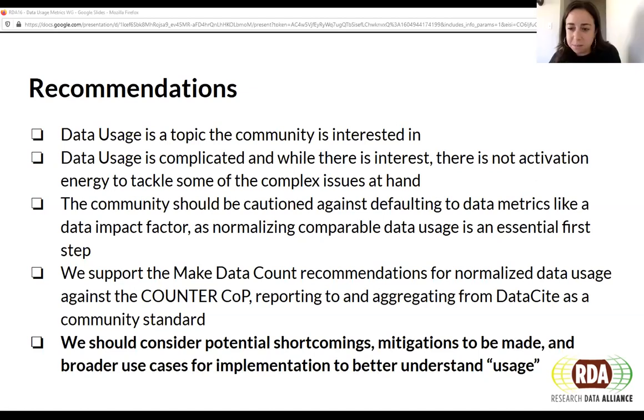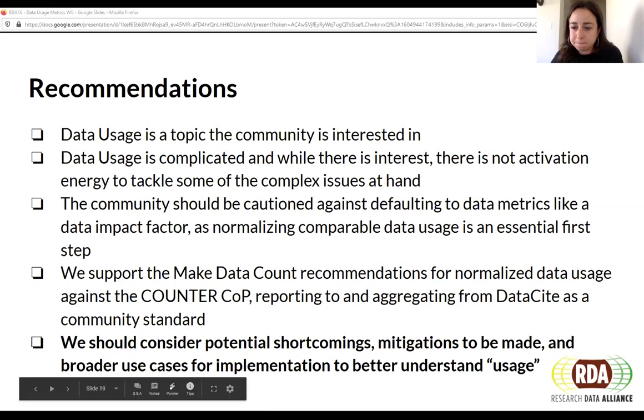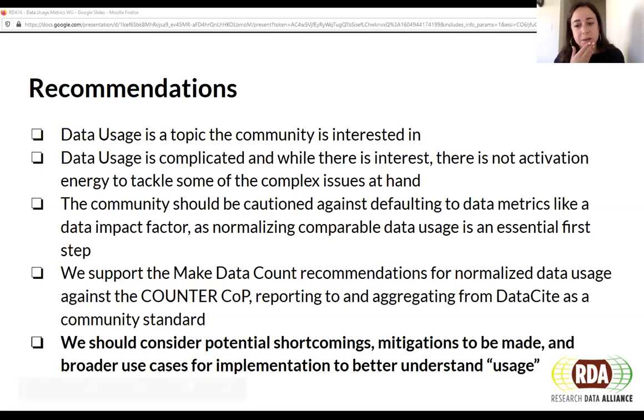It looks like we got a couple of +1s. Shelley, that's a great question. How can we think about encouraging adoption and awareness, especially among non-repositories?